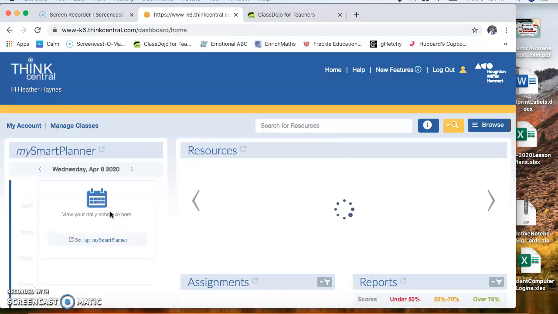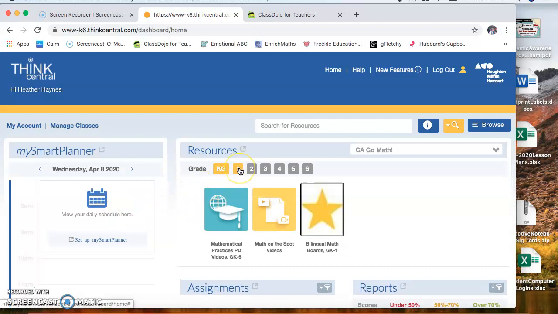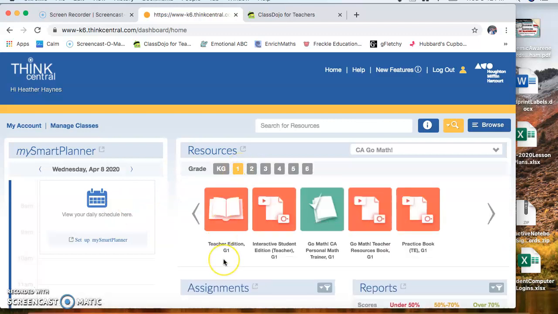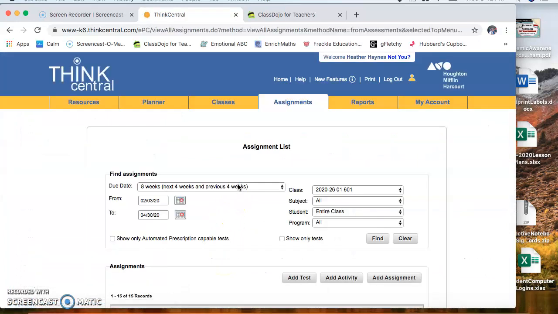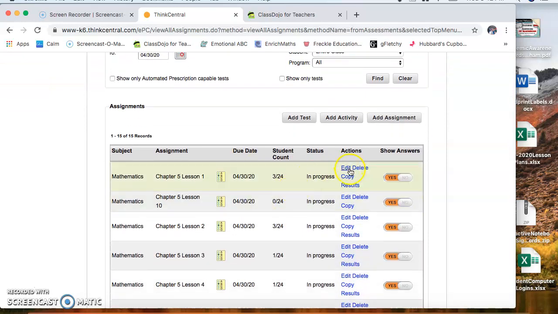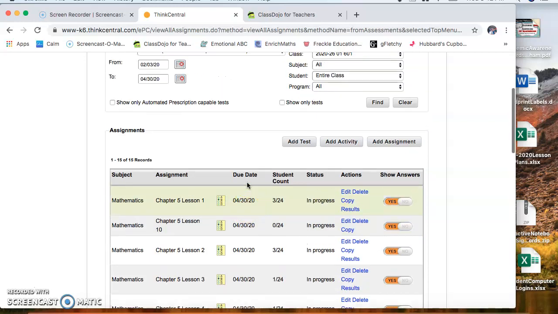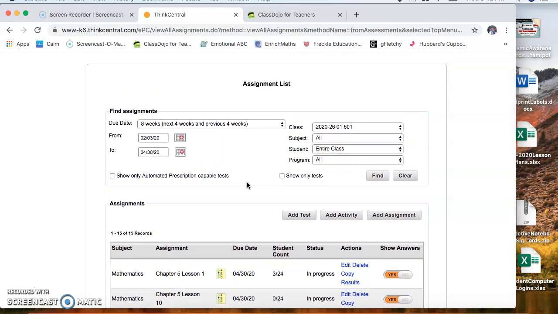So once you hit this, I just go straight to first grade. I don't know why. But then we're going to go to assignments. So here, you notice I've already assigned all of these, and I have a due date at the end of April. I was just doing review. So you can set the due date. You can change it so it just does 8 weeks out, but you can change the due date to whenever you want. But how I do it is I go to activity